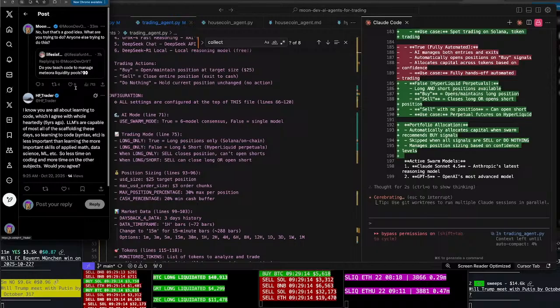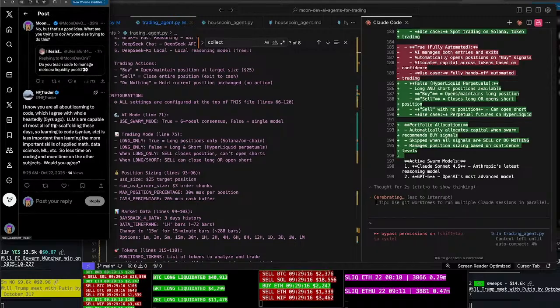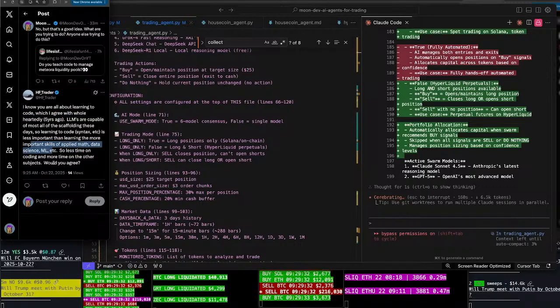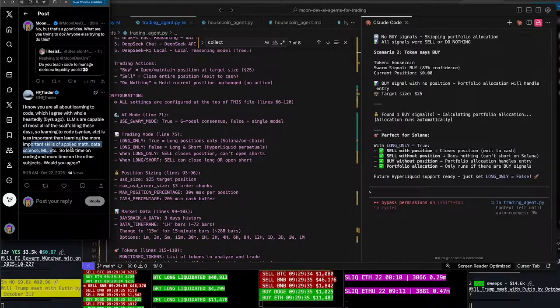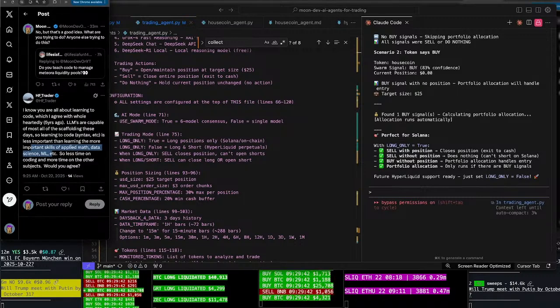I know you're all about learning code, which I agree with wholeheartedly 5 years ago. LLMs are capable of most all of the scaffolding these days. So learning to code syntax is less important than learning the more important skills of math, applied science. So less time on coding and more time on the other subjects. Would you agree? I do agree, well, not necessarily on applied math, data science, ML, but